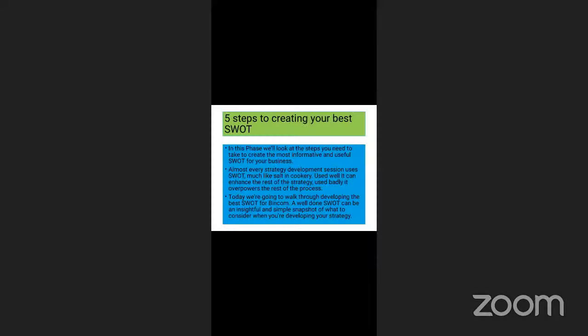It will help you in creating the best SWOT analysis, one that will be more effective. Almost every strategy development season uses SWOT analysis, much like salt in cookery. For example, if you are cooking, if you use,